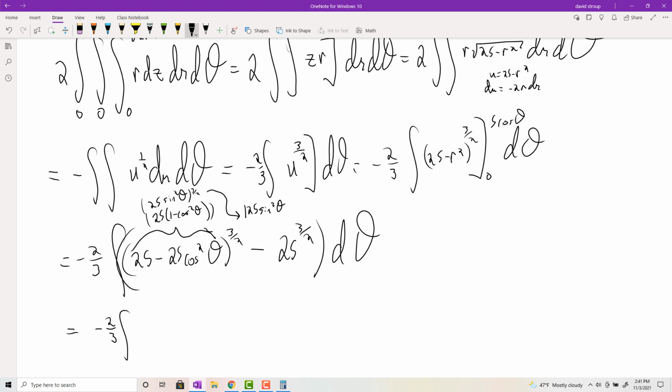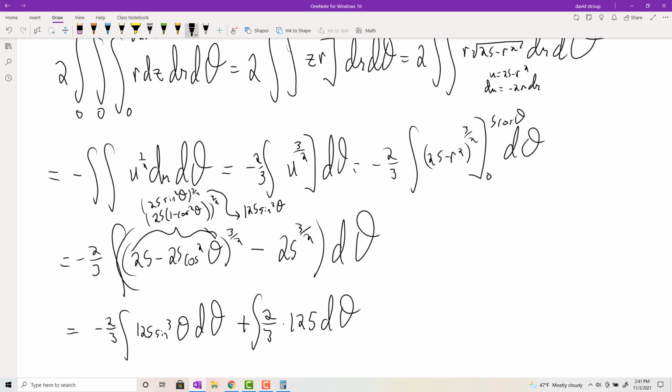So that whole thing, once I raise it to the 3/2 power, will become 125 sine cubed theta. And then I'm going to cut this into two integrals, distributing the negative 2/3. I'll have 2/3 times, again, 125. The integral of this